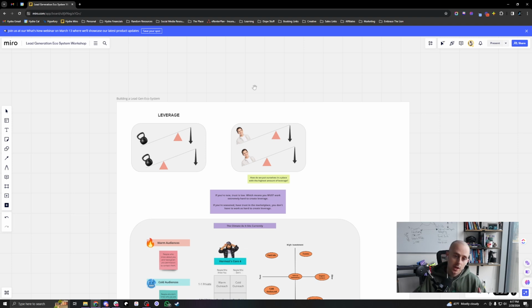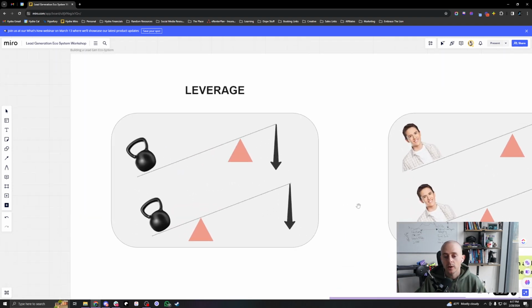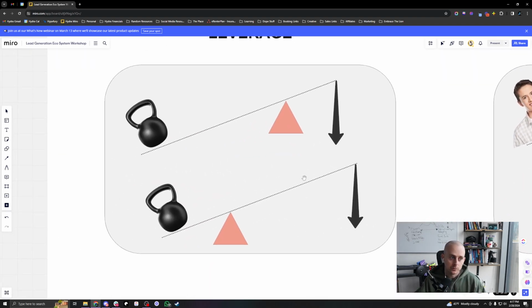And so for this to really make sense, I want you guys to understand that lead generation and sales in general really revolves around a basic understanding of physics. And if you remember back in the days, maybe you took physics in high school, or maybe you were at university at some point in time and you took a physics class, you probably talked about levers at some point in time. And you understand that with levers, the longer that your lever arm is, the easier it is to pull a weight down, right? And the same is true when it comes to our prospects, right?